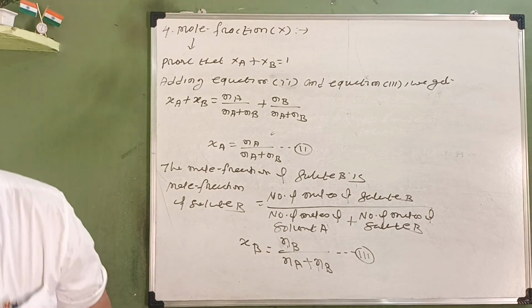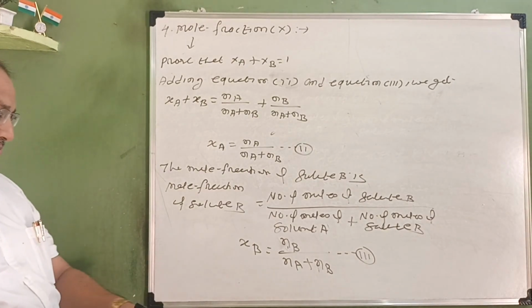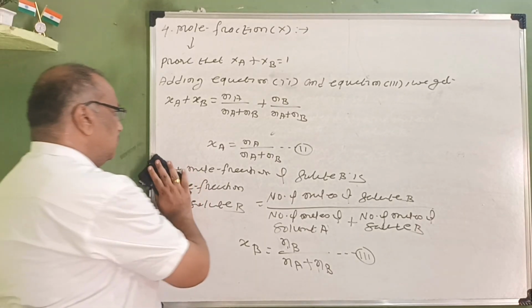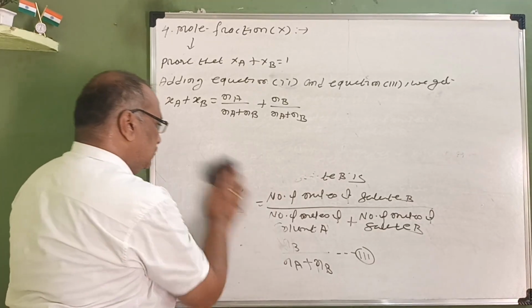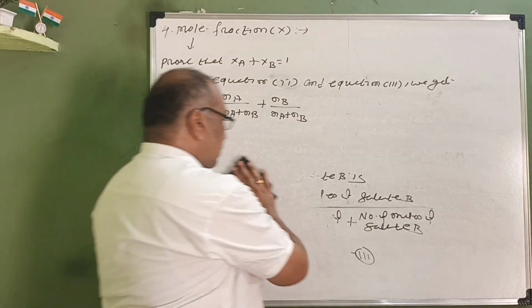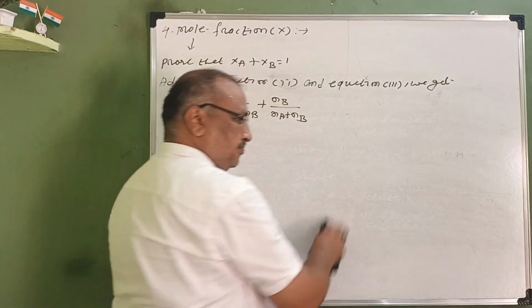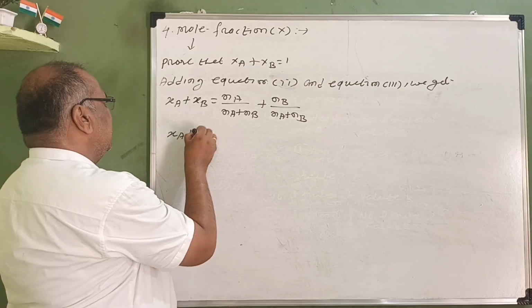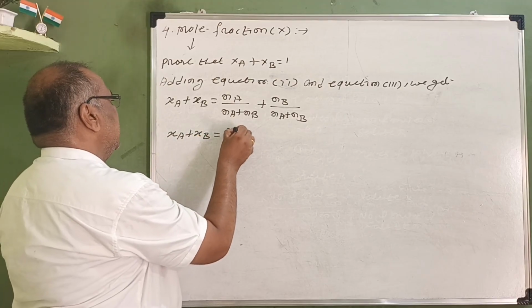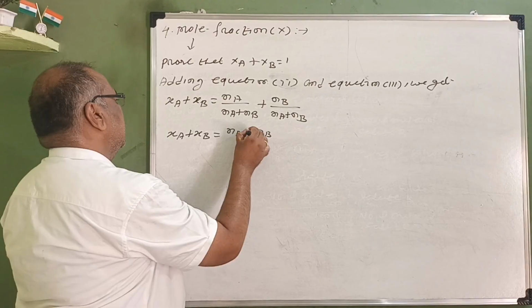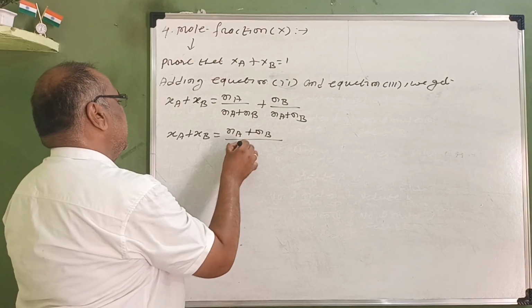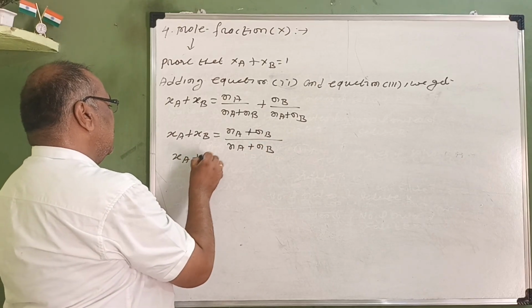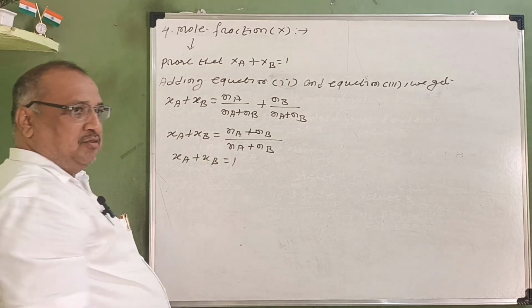That means XA plus XB equal to Na plus Nb upon Na plus Nb, that means XA plus XB equal to 1,